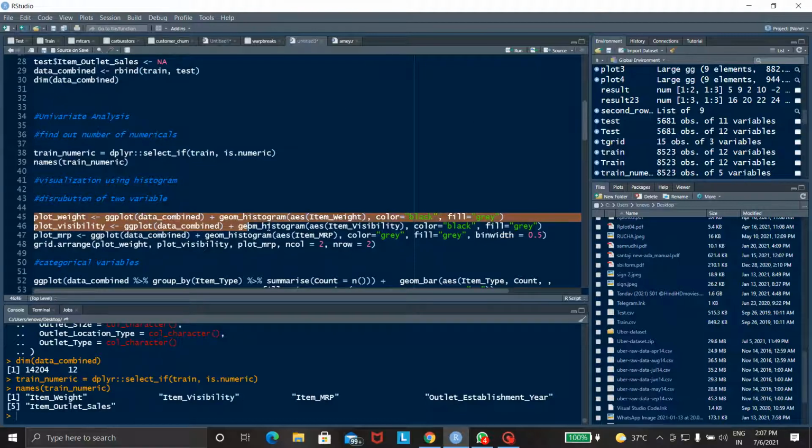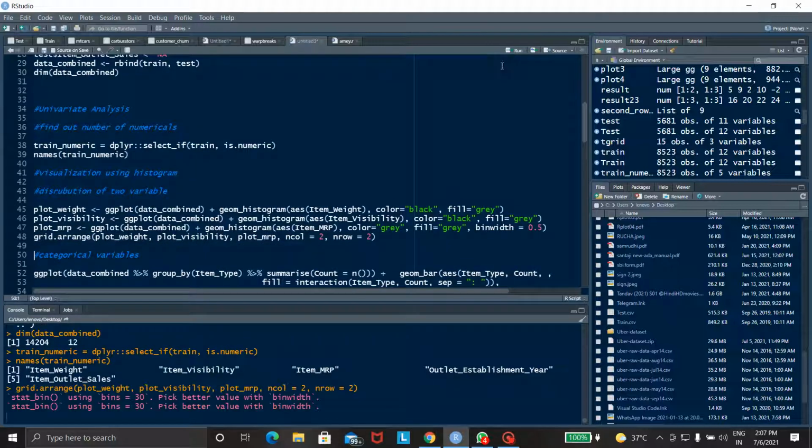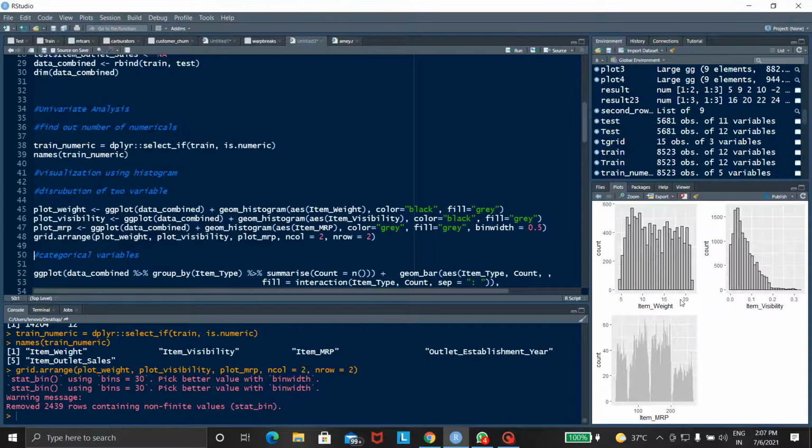Here is the program for plotting the visualization using histogram. The last command is grid arrange. Grid arrange means we get the output in a single picture. Here is the output of these three programs.